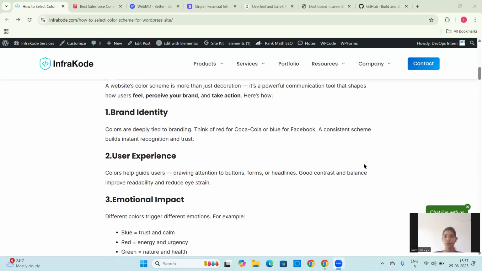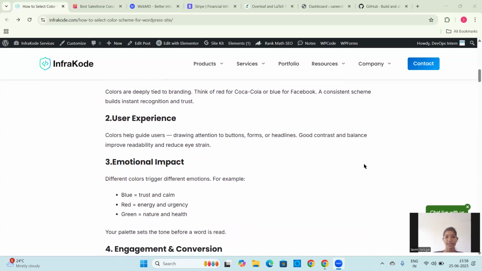Facebook is blue, and if you think about WhatsApp, it shows green. So like this, a consistent scheme builds instant recognition and trust for that site.